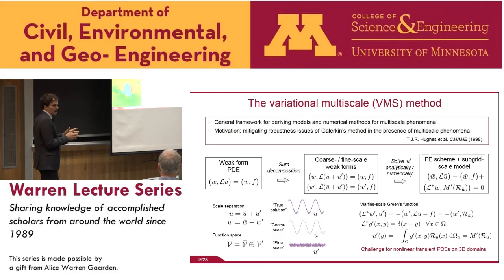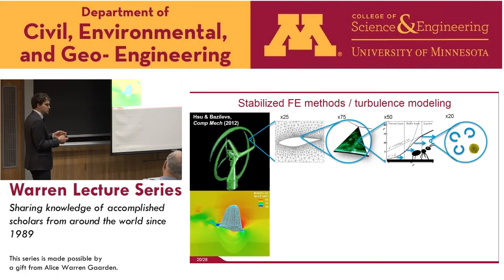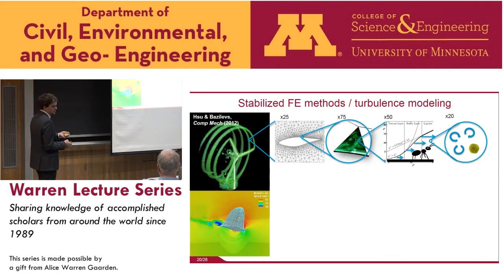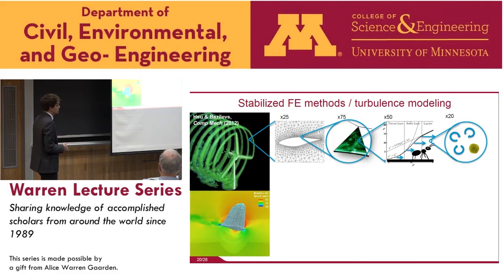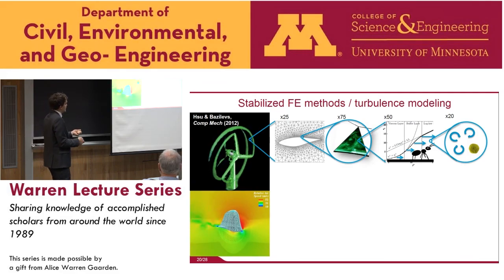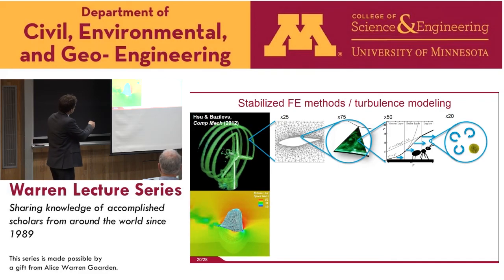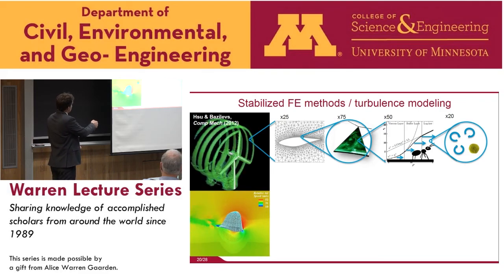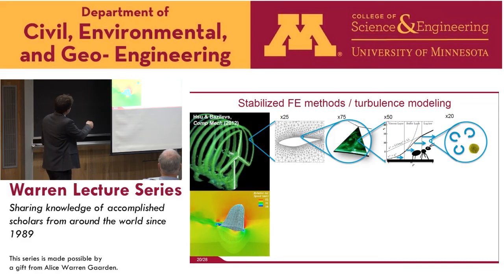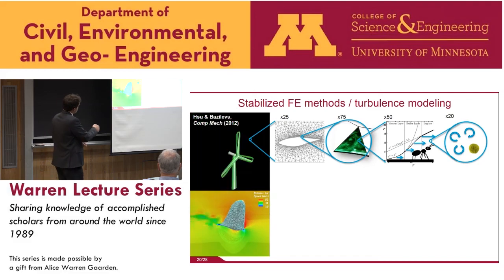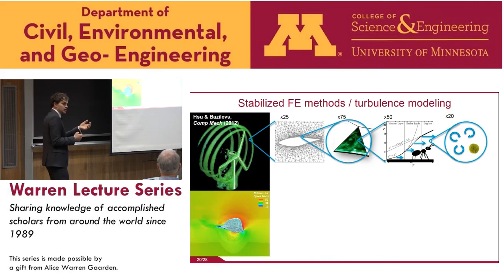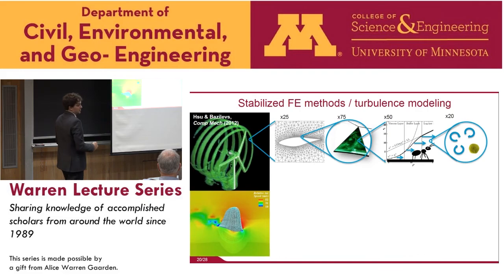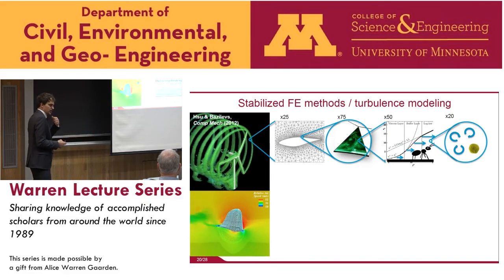This method has grown very popular in the finite element arena over the last 15 years, and it's now the state of the art, in particular when using the finite element method in so-called advection-dominated problems, for example, in computational fluid dynamics. These are computations that were run by colleagues of mine, Ming-Chen Hsu and Yuri Bazilevs. The important thing to realize is that they are using this method. Their mesh scale is at this level, so they can see the profile of the turbine blades. But in terms of the flow resolution, this mesh is not fine enough to completely resolve all the physical scales of the problem, such as eddies and vortices, which are much, much smaller than that. So you can use this subgrid scale VMS idea